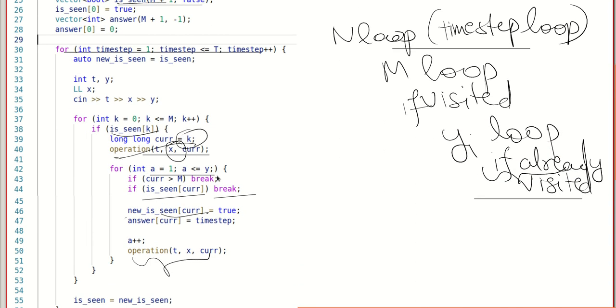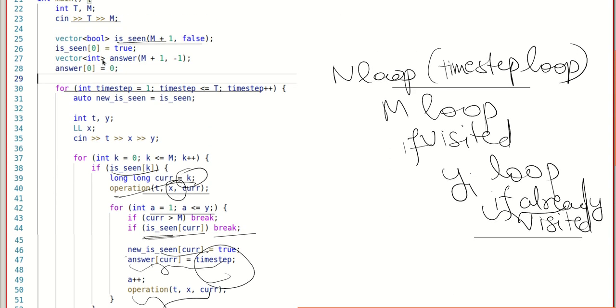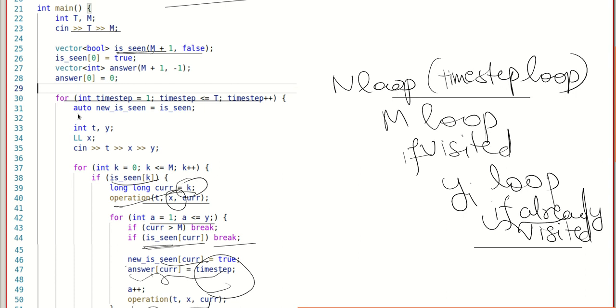And then what we do is we also store the value if that was not visited. So if it was visited, we break. If it was not visited, we update the value for that number of bananas equal to the current time step. So we will need that many time steps to reach that number of bananas, that is current, which is the updated value of k. And we also need two visited arrays, which are isSeen and newIsSeen.